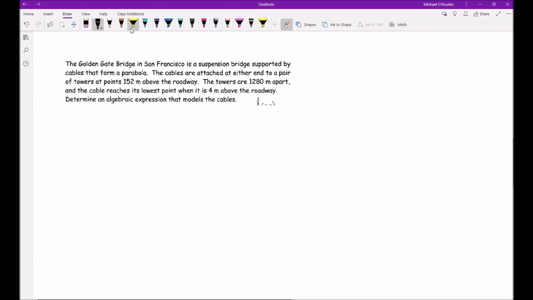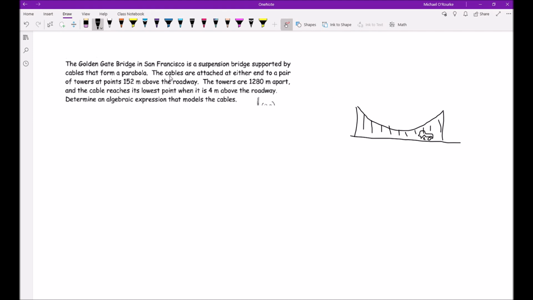And as you guys know, I am the worst artist in the world, so if I could give this over to a person who could actually draw, it'd be a lot better. Actually, let me erase that. I've already messed it up. There's one tower, there's the other tower, and we have something that looks like that. Perfectly drawn bridge. And we have the cars down here. Should I draw a car? There's a truck going across it. Best drawing ever. Okay? So the Golden Gate Bridge is a suspension bridge supported by cables that form a parabola,